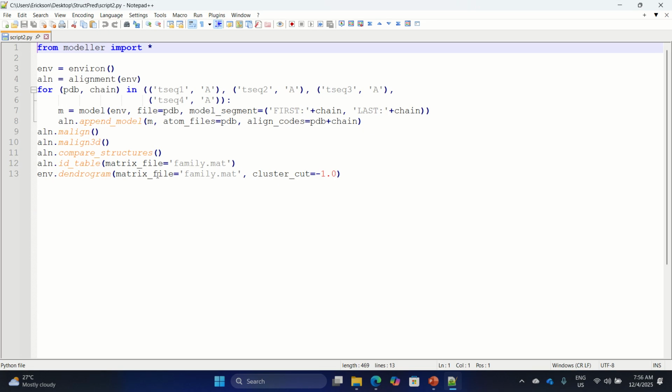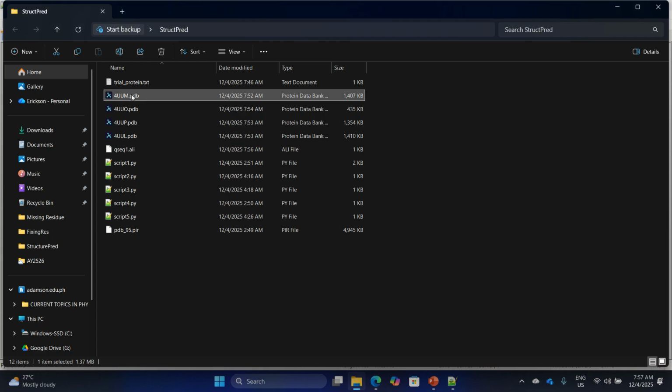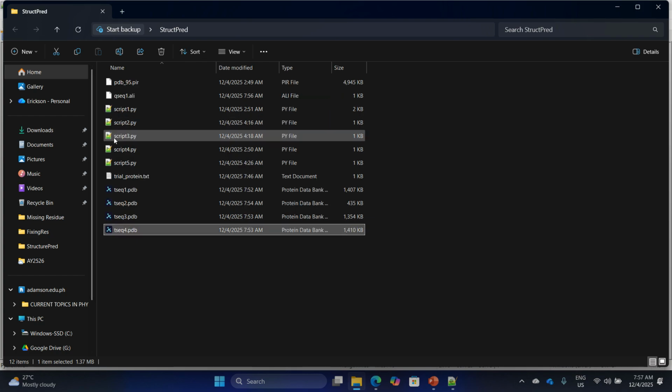Script 2, as you can see here, we have tsec1, tsec2, tsec3, tsec4. So we need to use those names. We're going to rename our PDB files using those names: tsec1, tsec2, tsec3, tsec4.